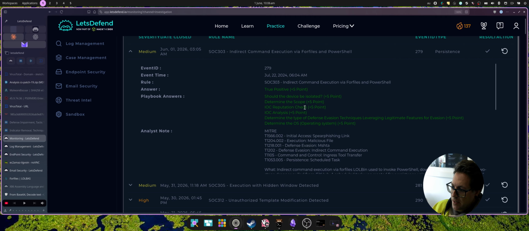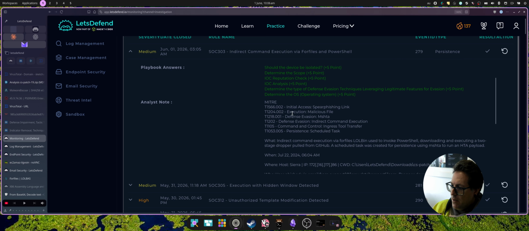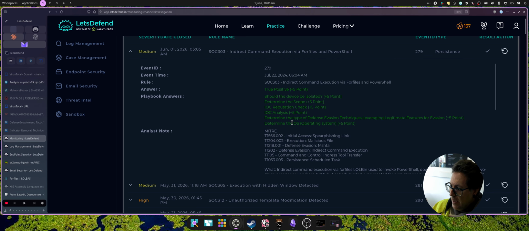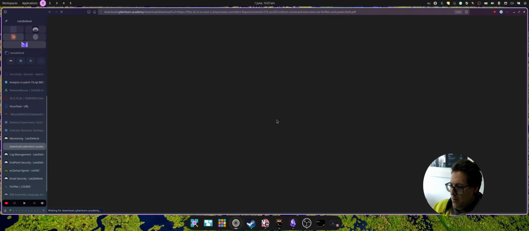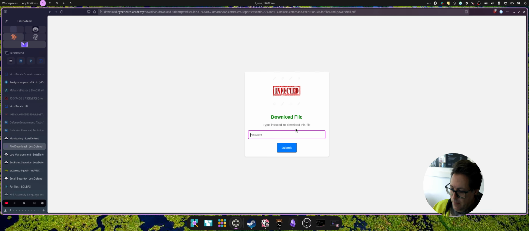The reputation check, did we have any IOCs? The answer to that was yes. And were they suspicious or malicious? The answer was yes. Determine the defensive evasion technique, and we were going with inbound. Oh, I've got it listed here. Indirect command execution, sorry. And the operating system type was Windows. So a successful alert, but now that we've finished this alert, we can open up the incident response,